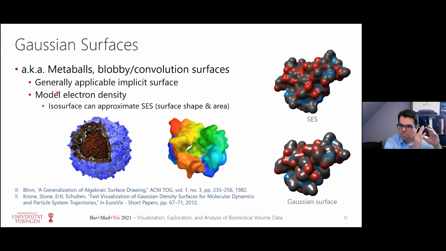So in contrast to the solvent excluded and ligand excluded surface, you don't assume that each atom is a hard sphere, which is of course not physically accurate, but you say it just models the electron density field around each atom center, so to say. And then we can also compute the isosurface from this electron density field and extract the surface. And the surface can model the solvent excluded surface closely, but it's not as exact,